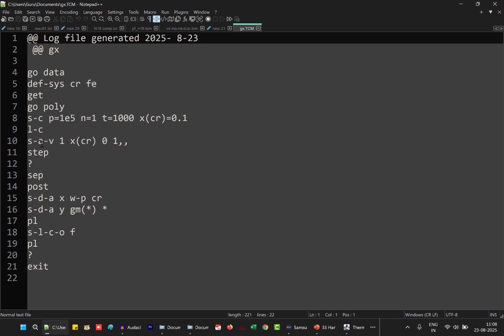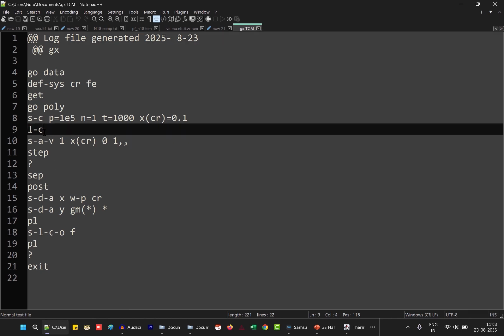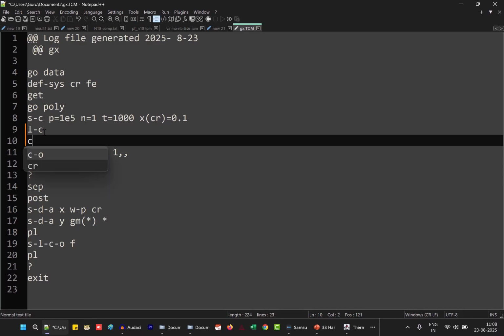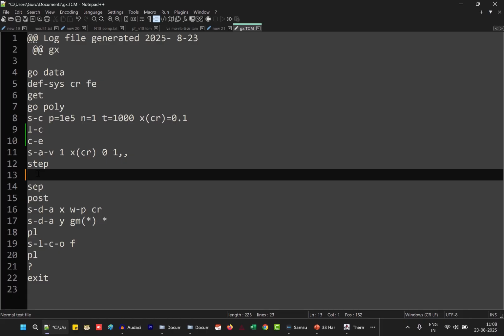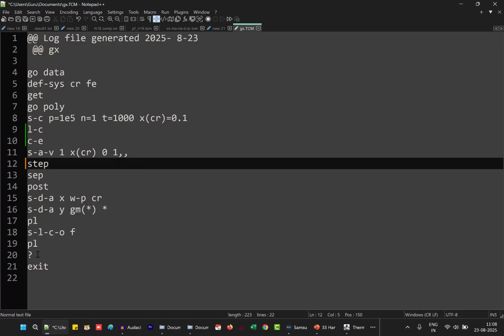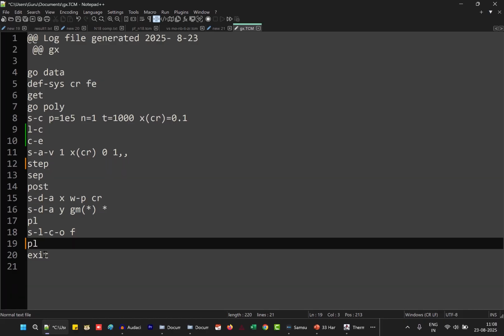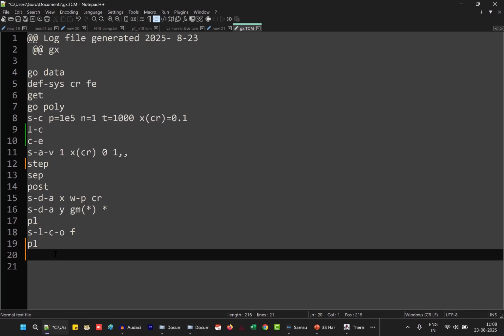In fact, after list condition, we should have done compute equilibrium. We have not done that, and still it works. So you can type compute equilibrium for the sake of completion. So this is what are all the syntaxes we typed. These question marks I typed just to show you what syntaxes are possible. So I'm removing them. This exit we don't need now. And then this is what the syntaxes we have used.